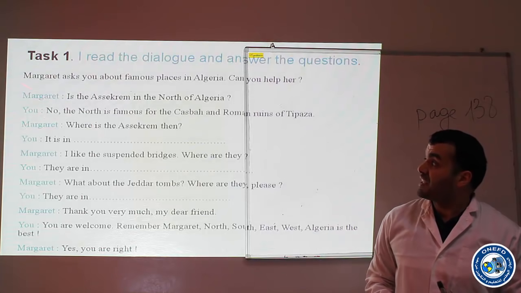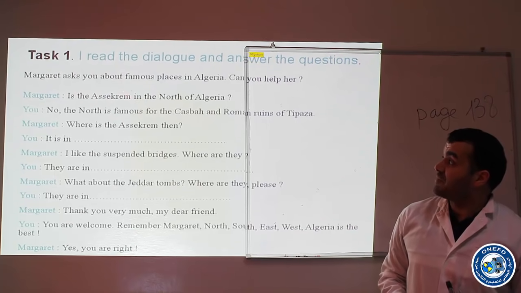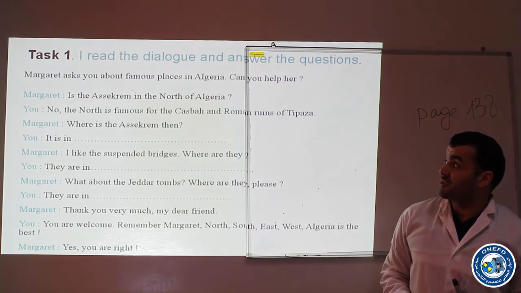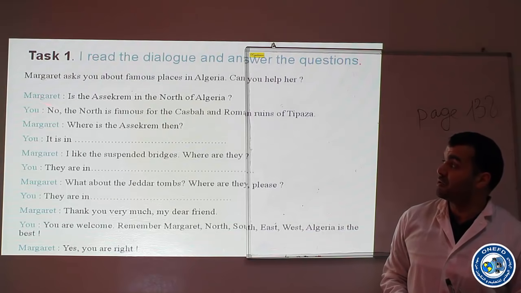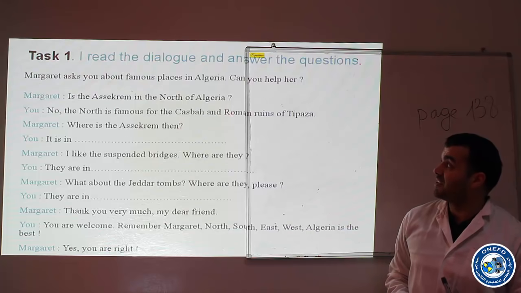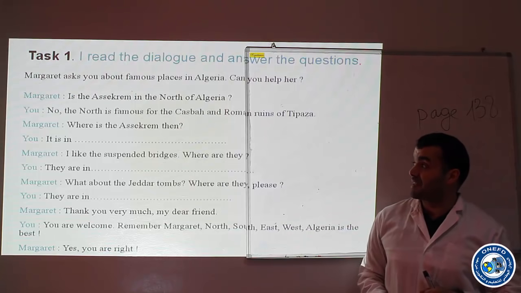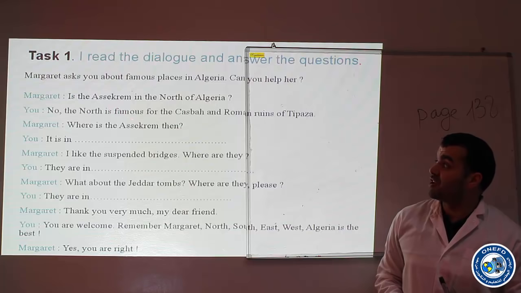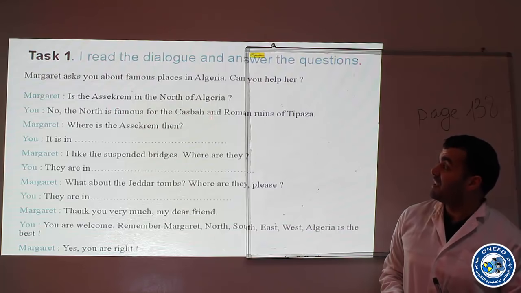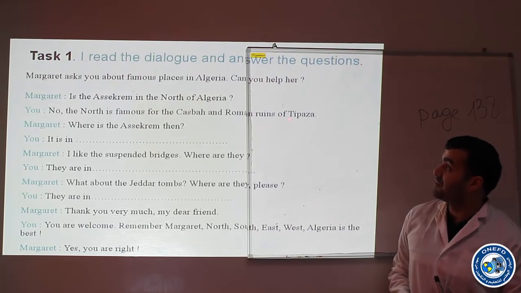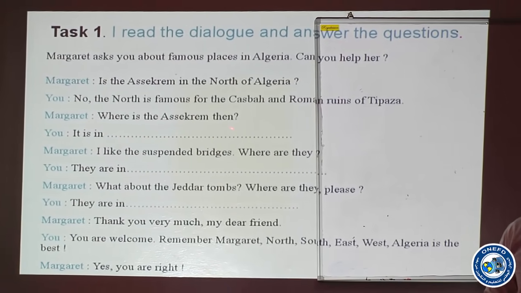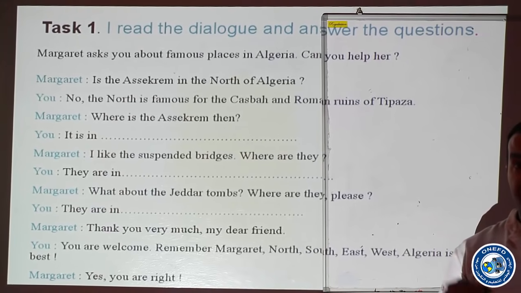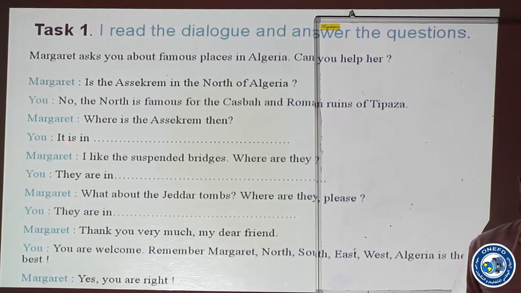Margaret: Is the ice cream in the north of Algeria? You: No, the north is famous for the Kasbah and Roman ruins of Tipaza. Margaret: Where is the ice cream then? Try to answer. It is in